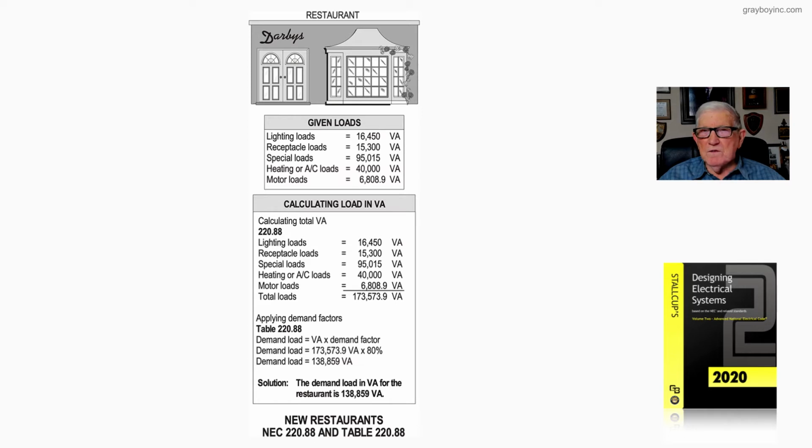Receptacle loads is 15,300. Special loads is 95,015, and the heating and AC loads is 40,000. Our motor loads is 6,880.9 VA. Now, when we apply 220.88 and add all these VA ratings together, we come up with